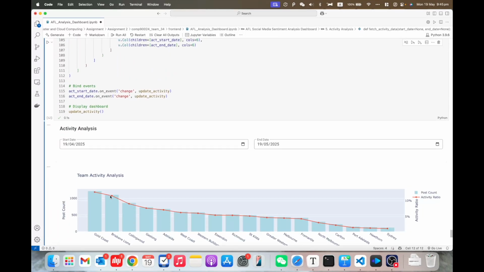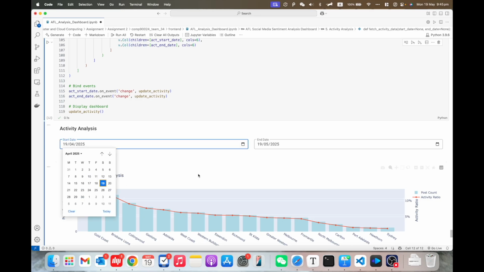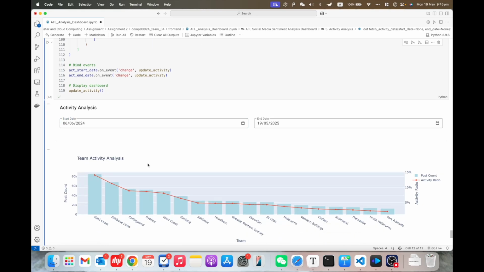And I can just change the start date and the end date. Now you can see that the post count has just updated, and you can see which team has the most posts and the least posts. And these are all the 5 features we have